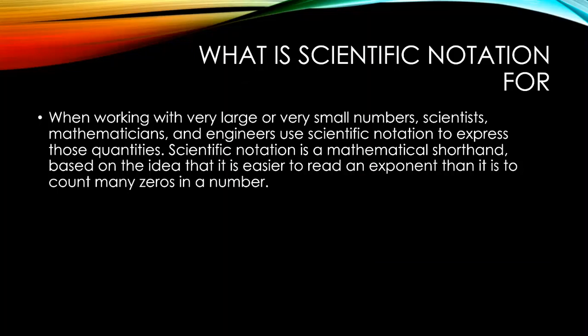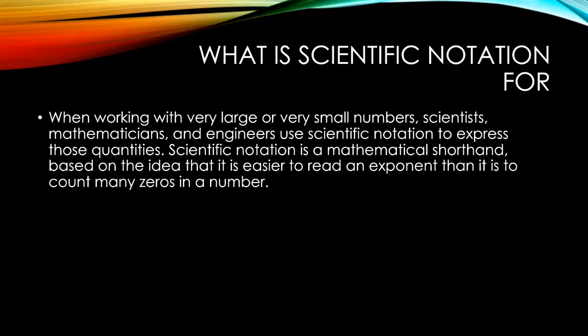When working with a very large or small number, scientists, mathematicians, and engineers use scientific notation to express those quantities. Scientific notation is a mathematical shorthand based on the idea that it is easier to read an exponent than it is to count many zeros in a number. And this is what we have seen in the class, what the teacher said to us. It is very useful when you have a big number, so we can say